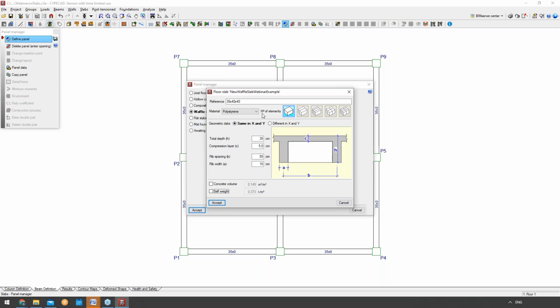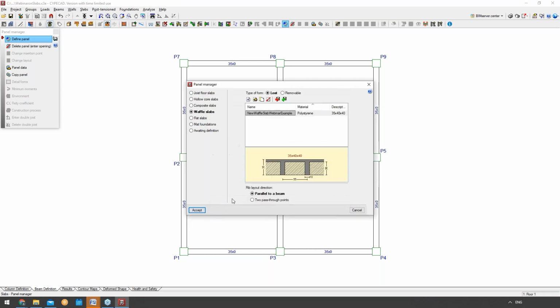Now I've chosen a polystyrene waffle slab that I can now accept the changes for. You can see here that the type has been saved as new waffle slab webinar example. I get a diagram to represent the slab, the description, and again the rib layout direction as well. So I can do that here as well. But again, I can select parallel to a beam and select the beam that I want it to be parallel